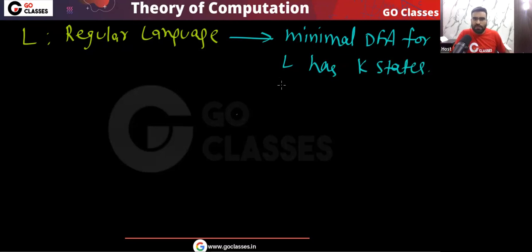L is some regular language. We don't know which language. And the question is saying that the minimal DFA has K states. Minimal DFA for L has K states. We already know that the minimal DFA for any language is unique. Do you agree? Minimal DFA for any regular language is unique. So the question is saying that the minimal DFA for L has K states, this is already given to you